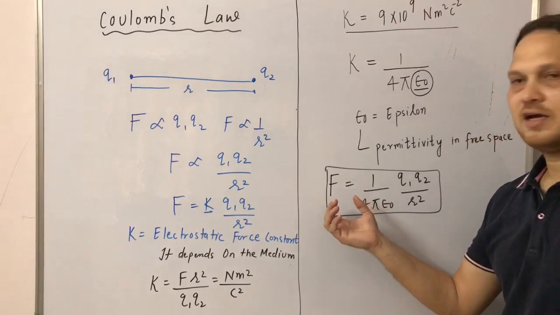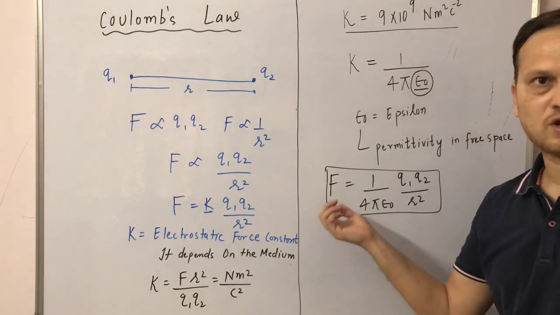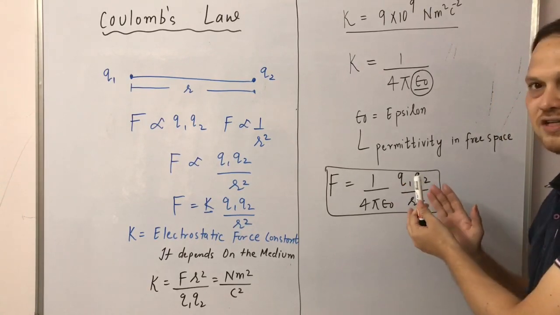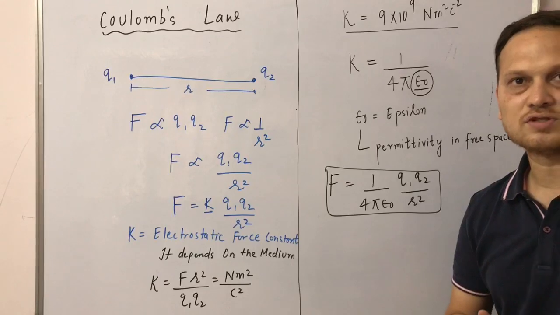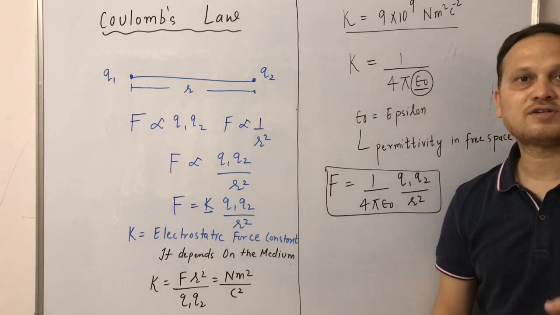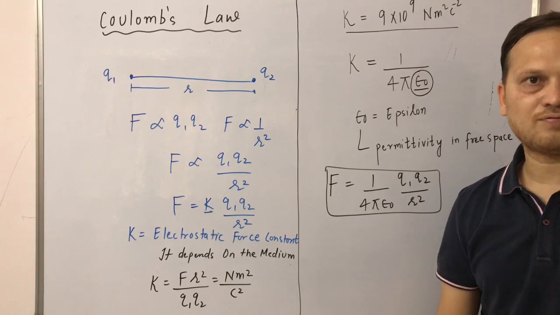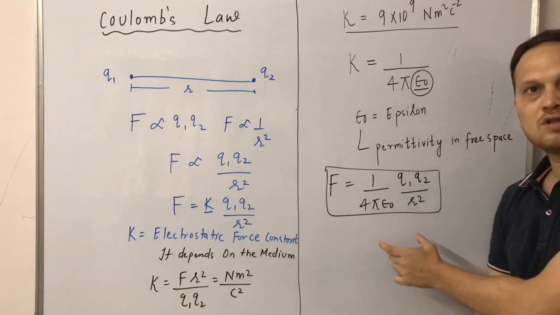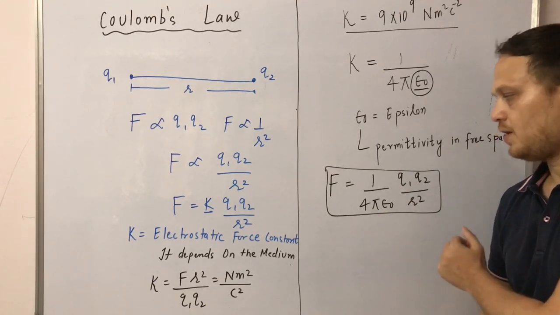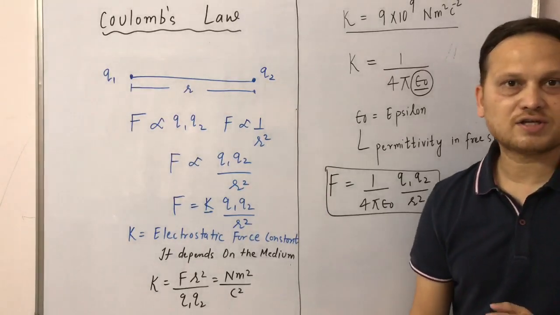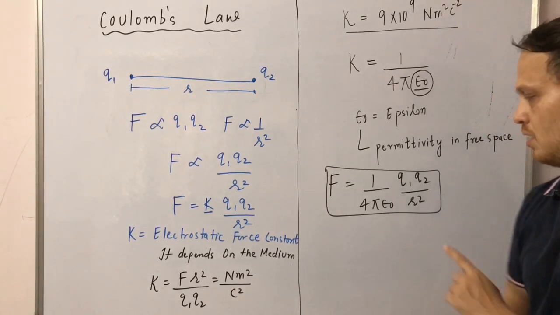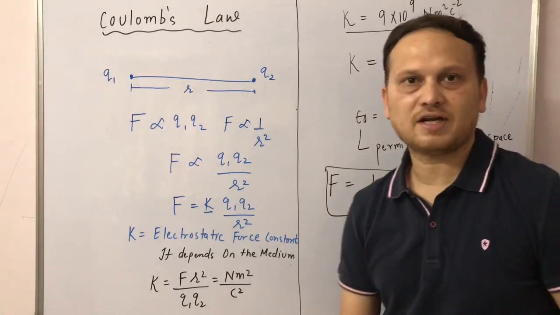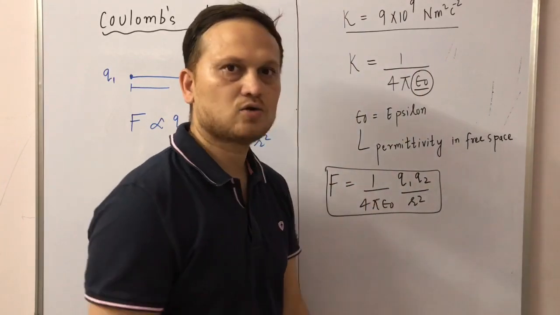Now what is the similarity actually? In gravitational force and in electrostatic or Coulombic force, there we have masses and similarly here we have charges, and both obey the inverse square law. But in gravitational force, we have only attraction. Here we have both attraction as well as repulsion. Also, gravitational force does not depend on the medium, but here the value of F depends on the medium. So that is the similarity and dissimilarity between gravitational force and electrostatic force.